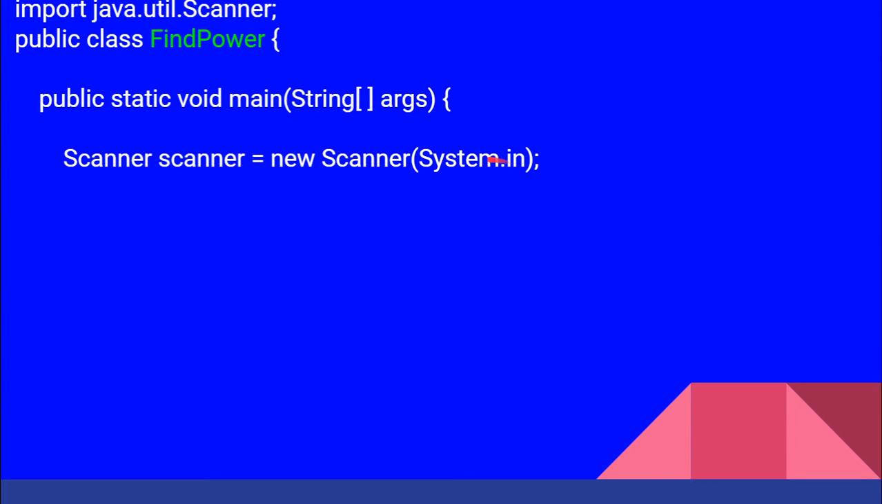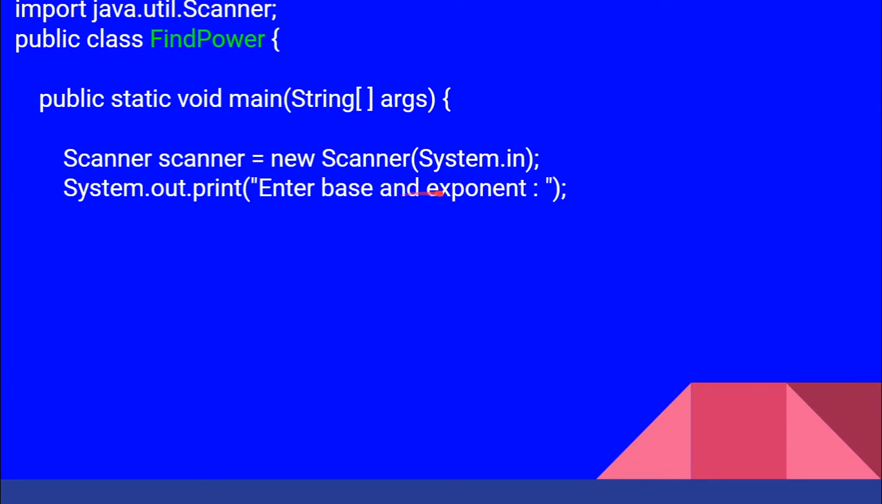We create it equal to new Scanner(System.in). That means this object scanner will be created from the Scanner class, and we are using the System.in class to get the input for the Scanner class. Okay, so now